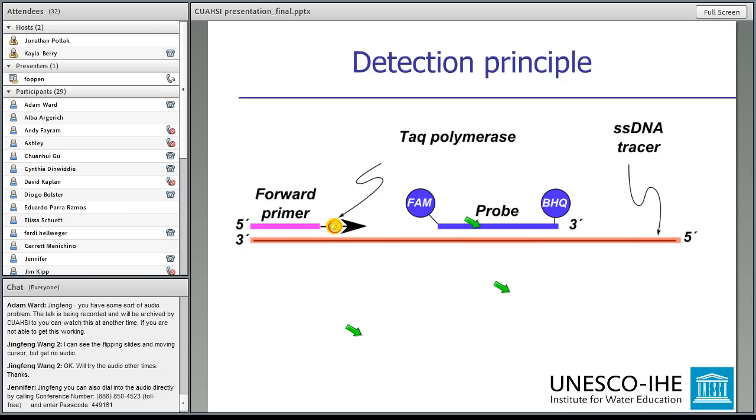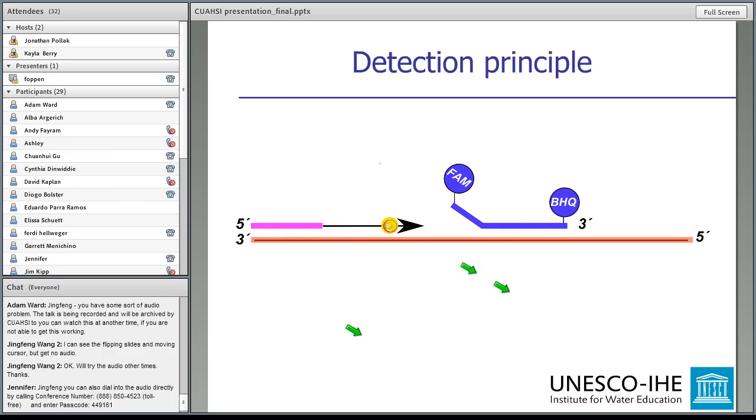I add a probe, which is again a little piece of DNA, which has a fluorophore here, and here what is called a black hole quencher. So as long as this quencher is in the vicinity of this fluorophore, the fluorophore doesn't give any signal. This here is the Taq polymerase, which is the enzyme that duplicates my strand here, and after some time, my polymerase